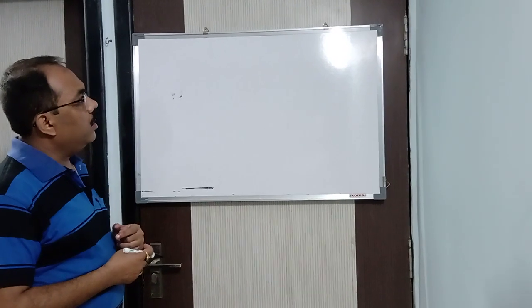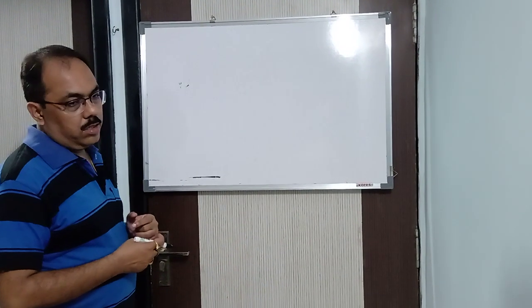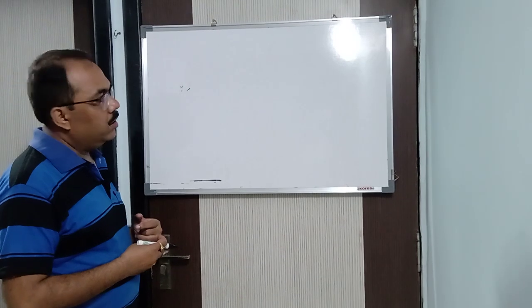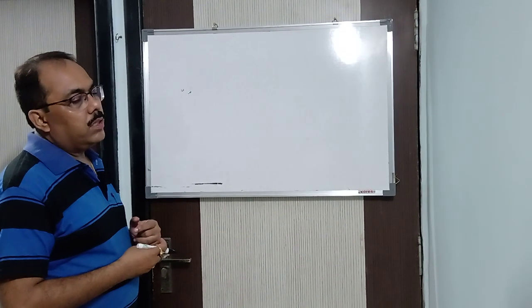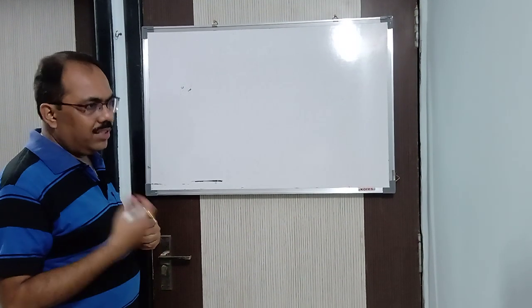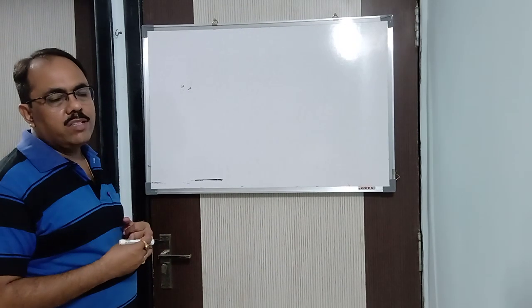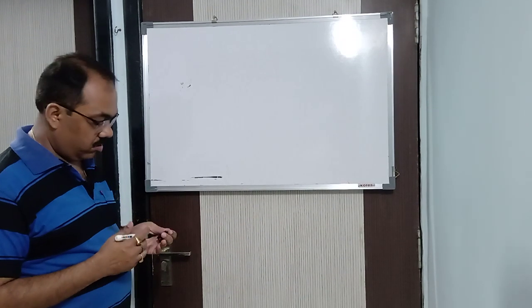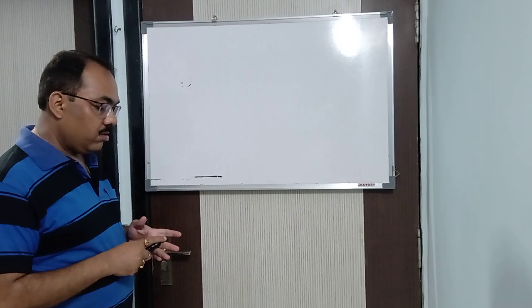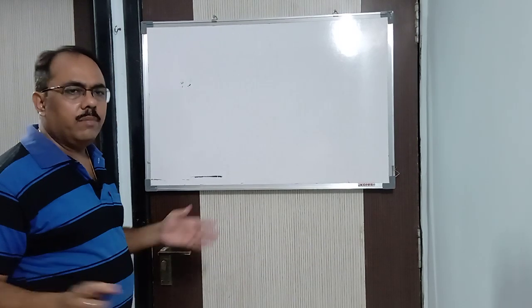So today we will study nomenclature, the chapter you are doing in organic chemistry. That is, how can you represent an organic compound? What are the different ways of representing an organic compound? See, the formula of an organic compound can be represented in different manners.